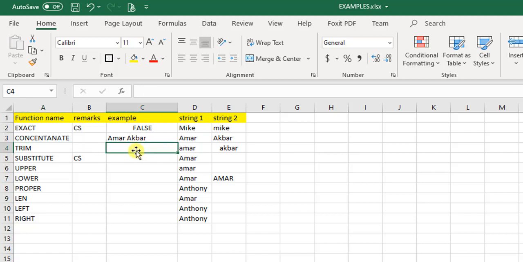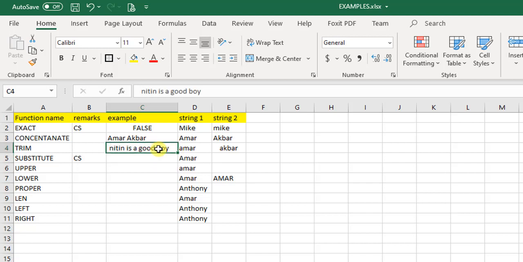For example, if I write here Nitin is a good boy, and if I put more spaces over here and I hit enter, what it will do is it will trim all the spaces appearing before the N and the extra spaces in between, except for the single spaces between the words. And it will trim all the spaces at the end of the string also.